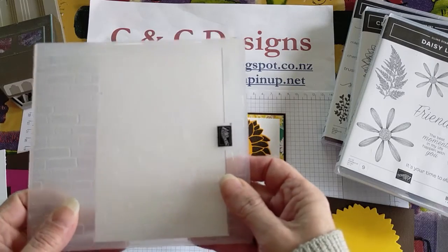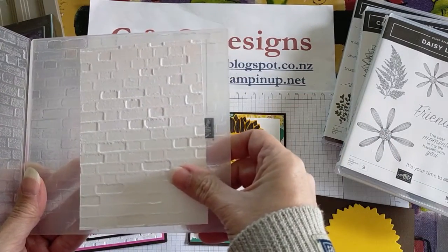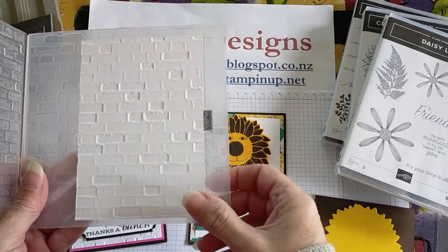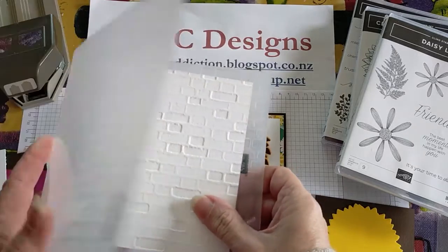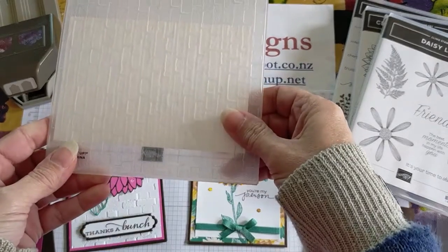Sometimes it's difficult to see it that way, so simply flip it over and line it up against the line so you can get things perfectly straight. So that printed line is there for you to line things up. When you do emboss, you need to put it through the embossing folder with the folded side first and never